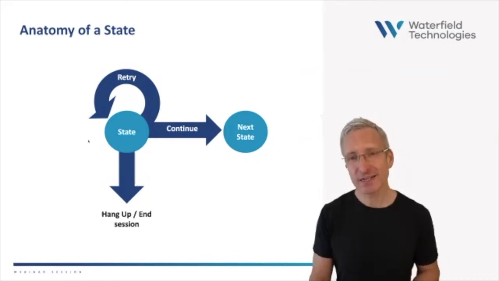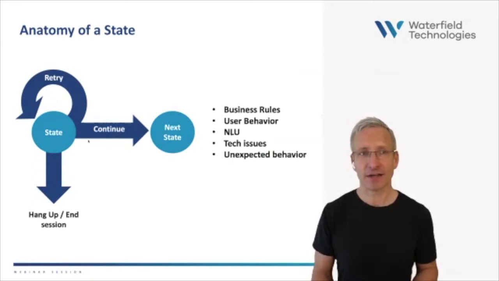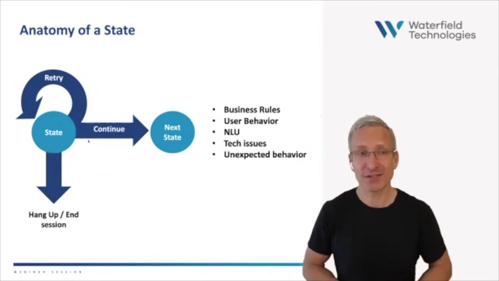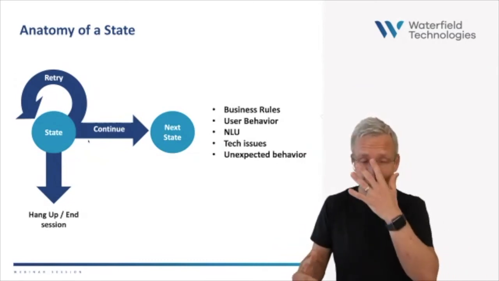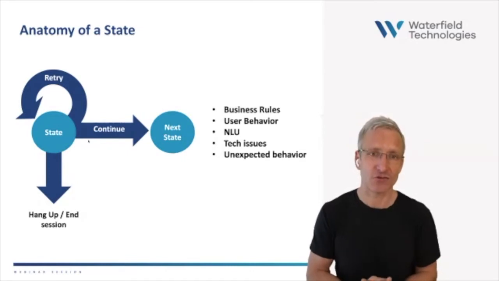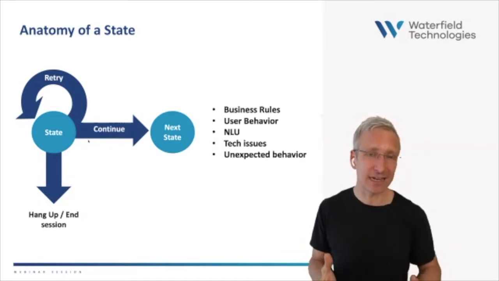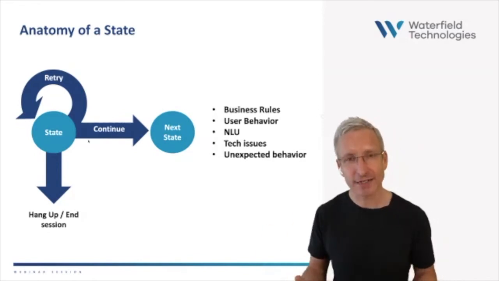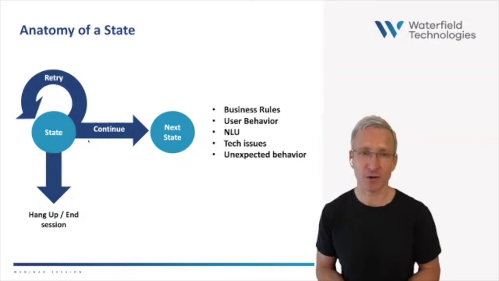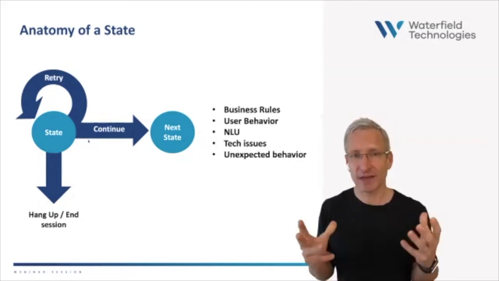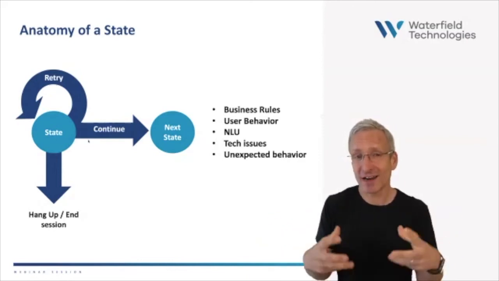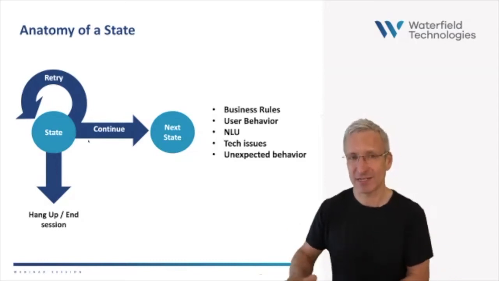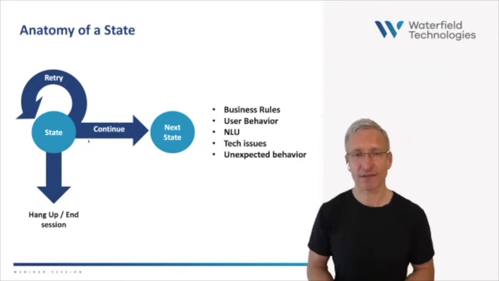And the reason that each of these happen come down to business rules. So perhaps the customer is on a very important person list, and so we're not going to put them through automation. We want to send them straight to a specified agent group. It might be that the customer is in debt, and we don't want to put them through the normal payment process. We want to send them to an agent that's trained to work carefully with people who are in debt. It could be that there are multiple orders on file, and the system just isn't designed to handle multiple orders. That's something that we tend to leave to agents because it's a more complex interaction.